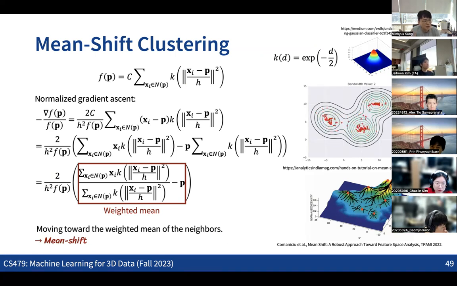So at the end, this algorithm becomes that we start from some random points, and for each of the random points, we take the local neighbors, compute the mean of the local neighbors, and move the point to that mean. If we repeat this process multiple times, we see that all the points converge to the peak point of the given probability distribution. That's the basic idea of mean shift clustering, and other types of mode seeking algorithms can also be used to find the peak points.